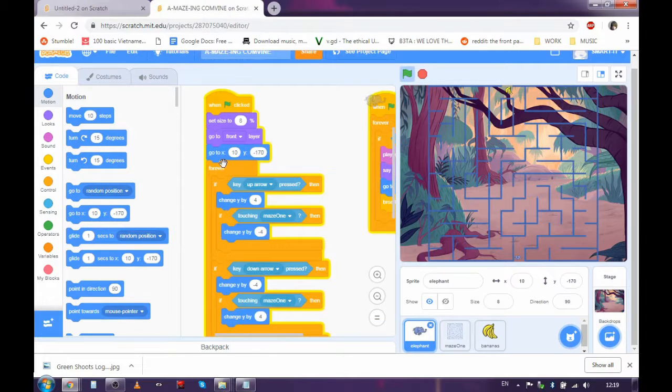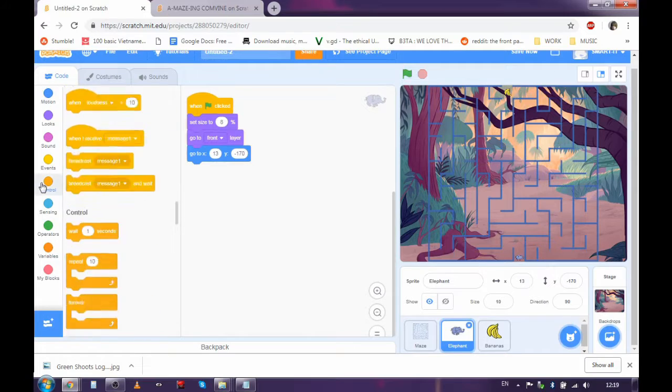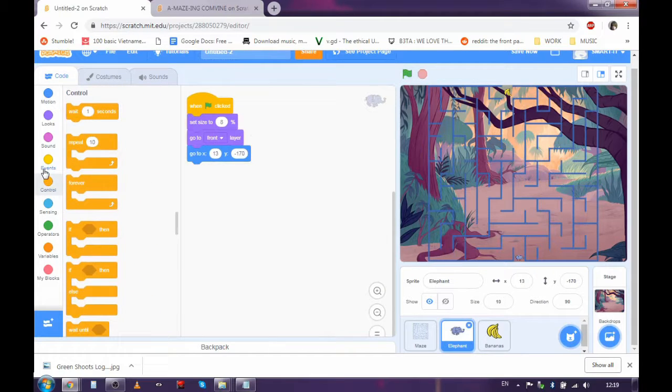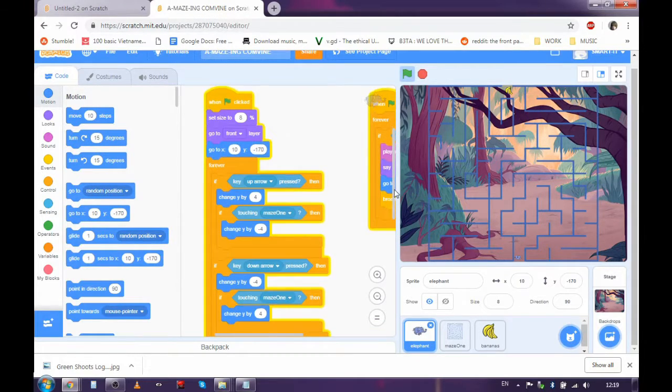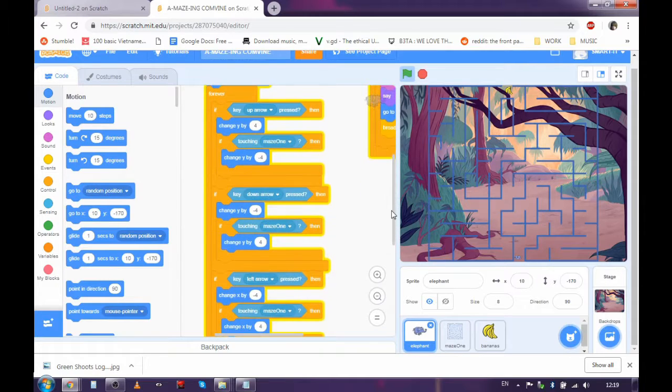So, next we need this forever loop. This is under control. It controls the behavior of the sprite. So all of the actions that we want the elephant to do inside of this, we want him to keep on doing until the project actually finishes. We don't want him to do them once, we don't want him to move up once and then finish and not be able to move again. That would be useless. We want him to be able to move up as many times as he needs to,